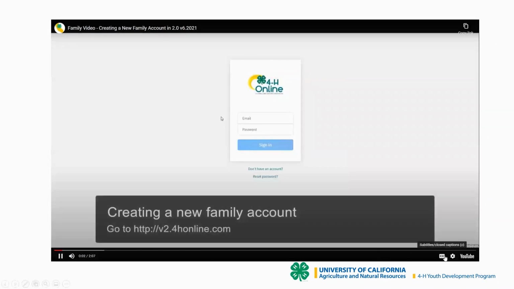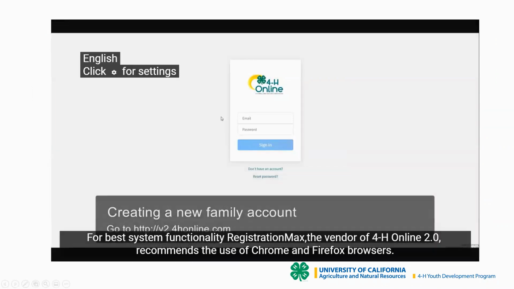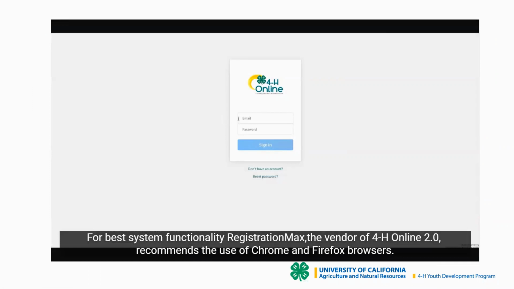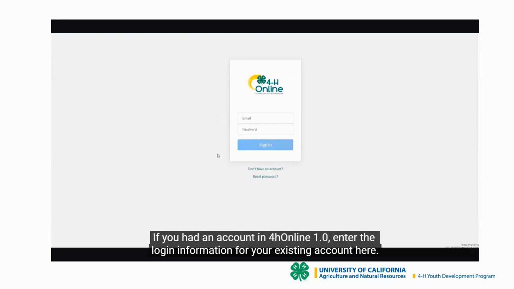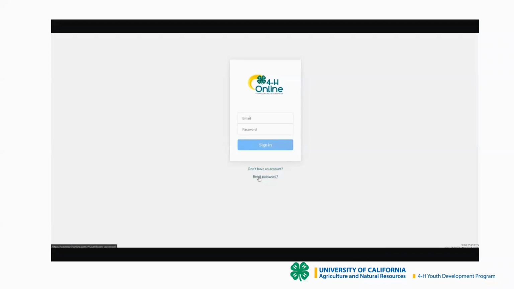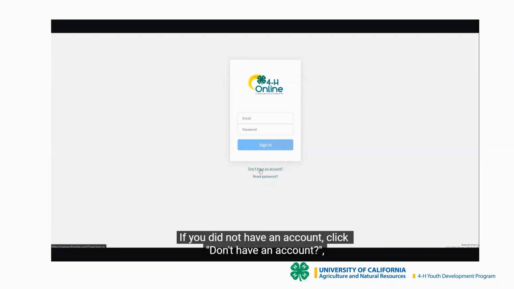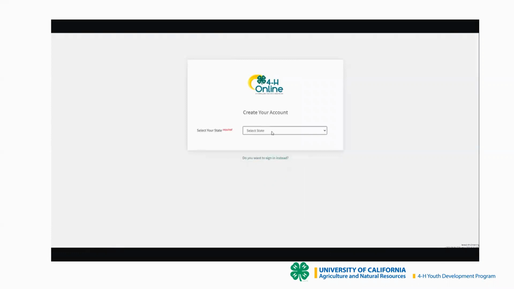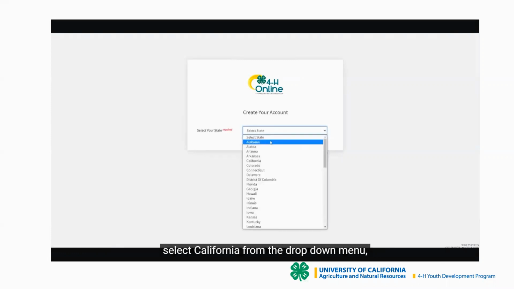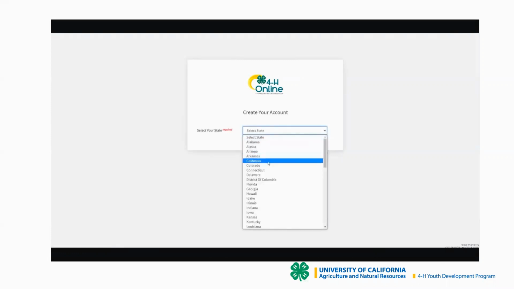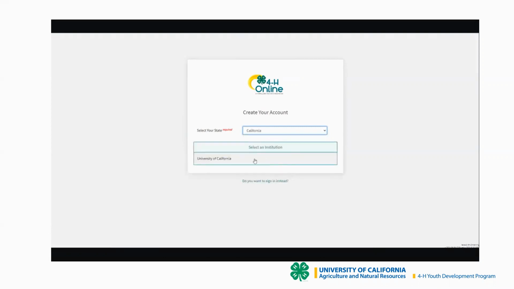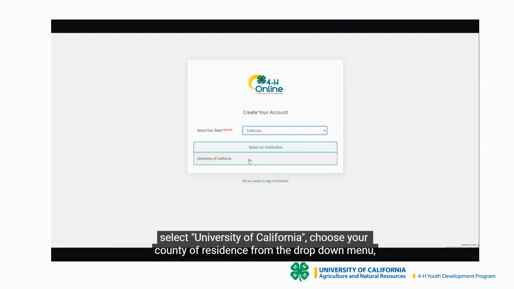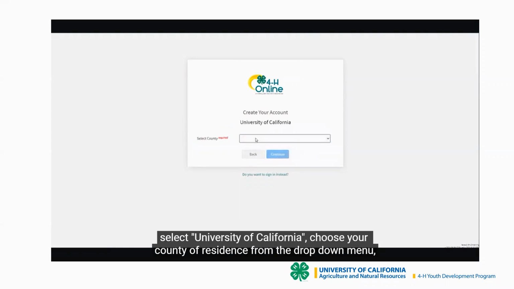For best system functionality, Registration Max, the vendor of 4-H Online 2.0, recommends the use of Chrome and Firefox browsers. If you had an account in 4-H Online 1.0, enter the login information for your existing account here. If you did not have an account, click Do Not Have an Account, select California from the drop-down menu, select University of California, choose your county of residence from the drop-down menu,